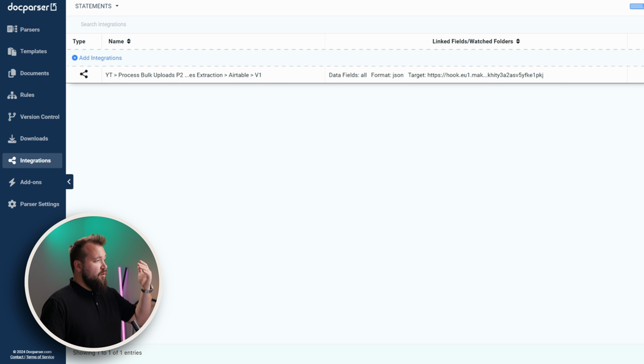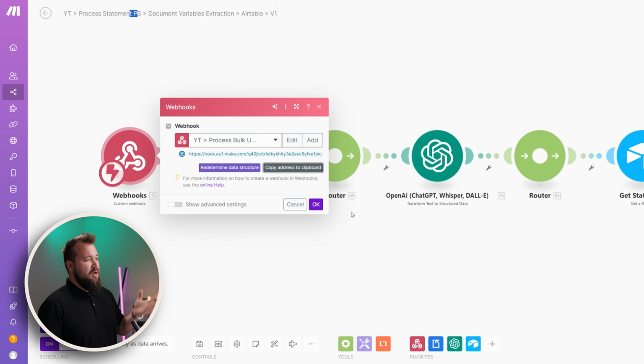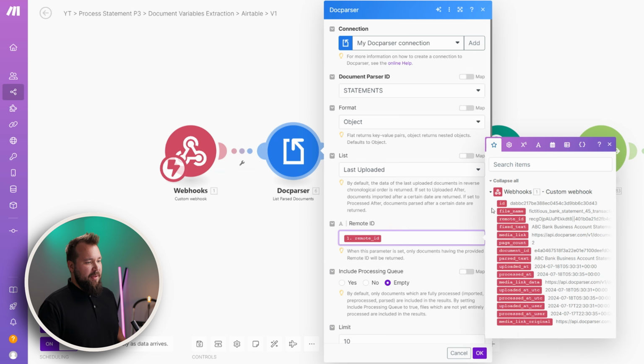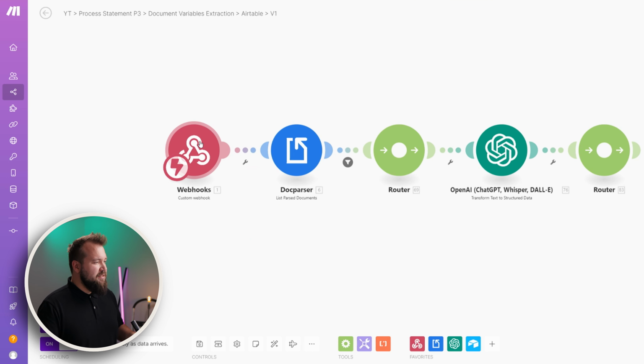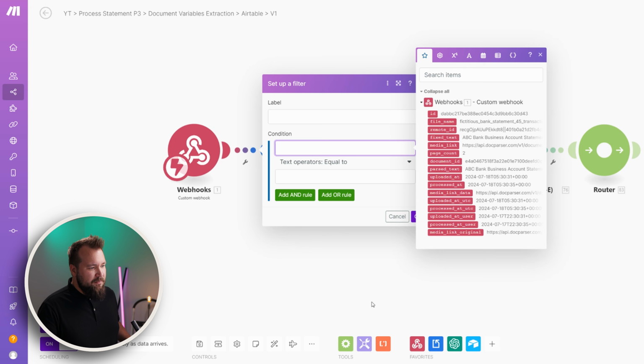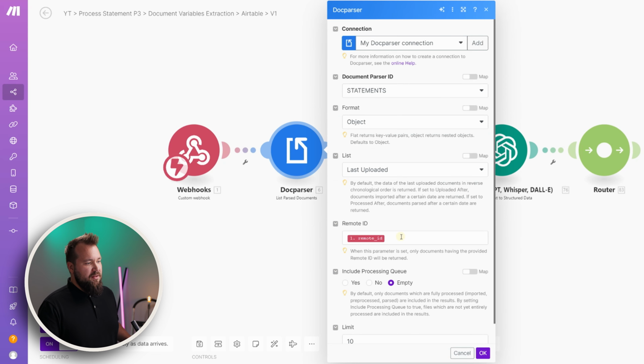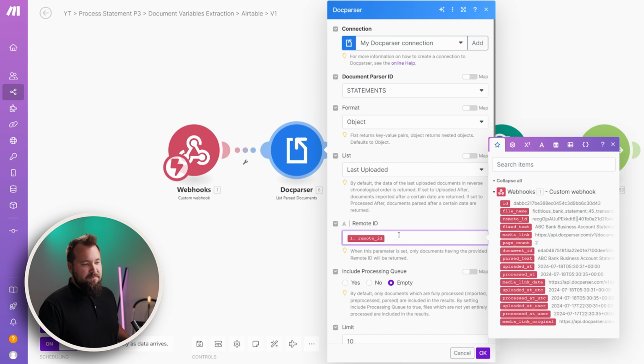Now, that basically sends a message to this webhook that, hey, I'm finished working with this document. What do you want to do with it? So as soon as it lands here, I'm then taking that payload, and as you can see here, I've got a bunch of different things that come from Docparser. I want to fetch the remote ID. Basically, data that gets sent by Docparser is kind of not enough. I don't believe it contains all the text. Yeah, it doesn't really contain much, but it gives me the ability to map the remote ID, which is our